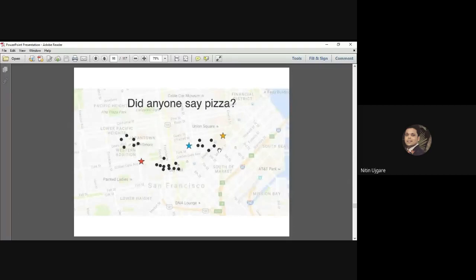Now we know that people visit the pizza parlor closest to them, right? So these three yellow houses are close to this yellow pizza parlor, the blue houses are close to this blue pizza parlor, and the red houses colored here are close to this red pizza parlor.